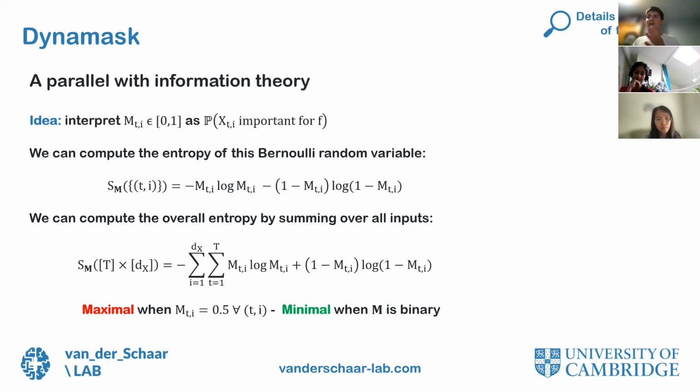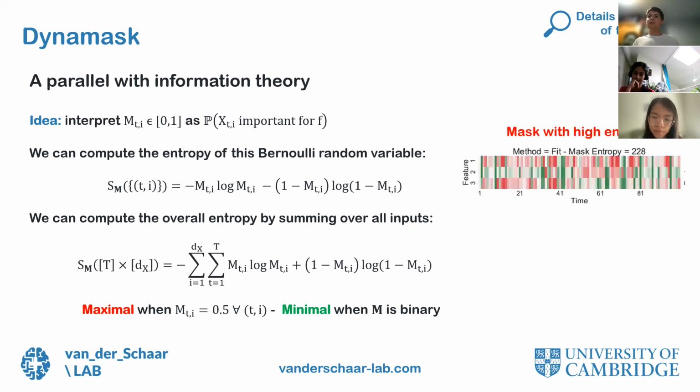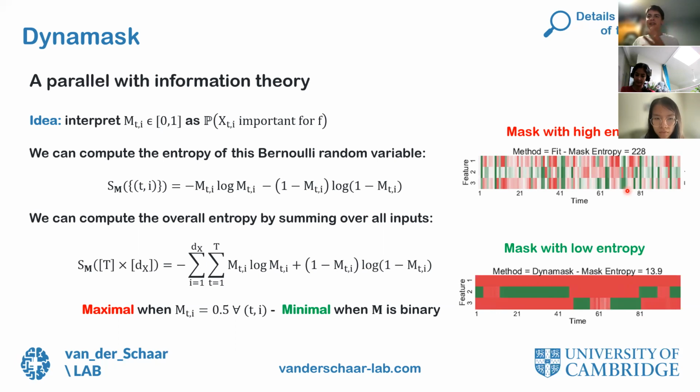It seems a bit abstract now, so let us take two examples to see what entropy means in practice. First, let us consider a mask with high entropy. As you can see here, this mask contains a big range of mixed scores. So there are green parts of the mask, red parts of the mask, white parts of the mask, and a lot of shades in between. You can see that this mask is quite difficult to read. And of course, it gets worse if you increase the number of features, which is typically the case for higher dimensional time series. Next, we can consider a mask with low entropy. As you can see here, the mask is almost binary, so it's much easier to read. Hence, entropy seems to be somehow a useful metric to measure how legible the mask is. I'm not going to go into details for this, but of course, if you are interested,